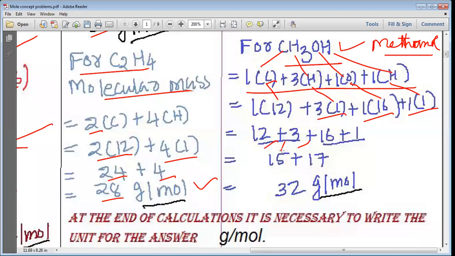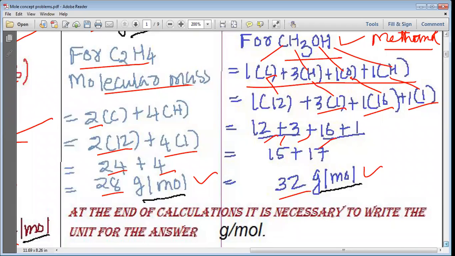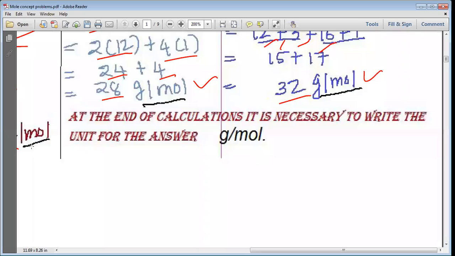12 plus 3 gives us 15. And 16 plus 1 gives us 17. 15 plus 17, we get 32 gram per mole. And this is how, my dear students, we can find out the molecular mass for methanol, that is 32 gram per mole. Here a very important instruction for you, my dear students, that at the end of the calculations, it